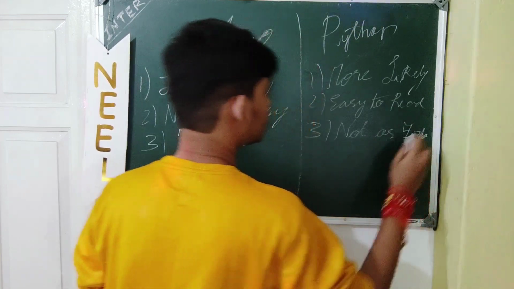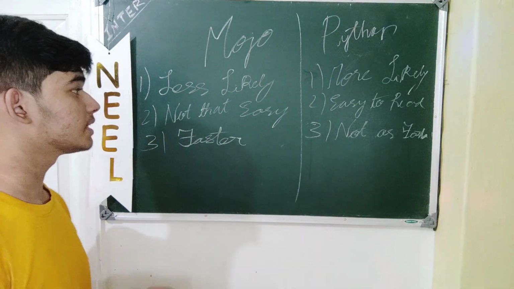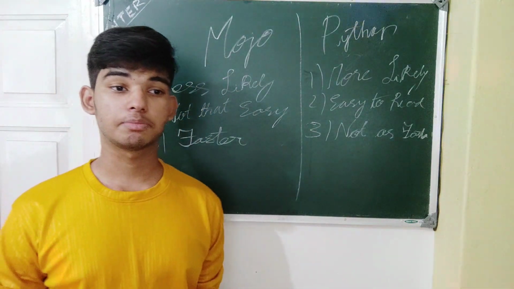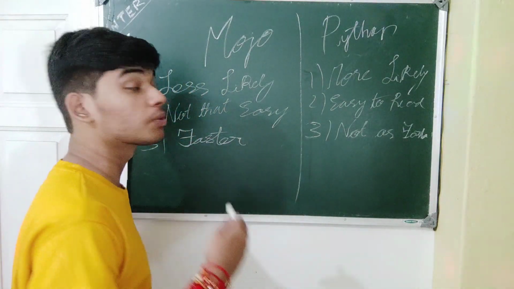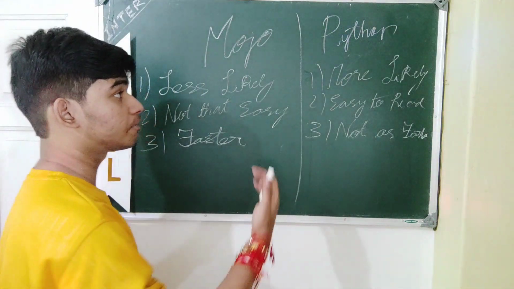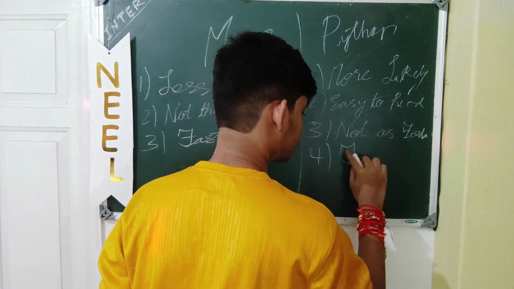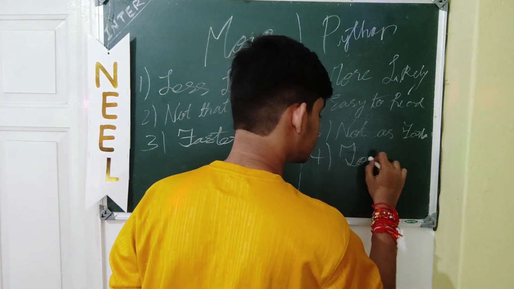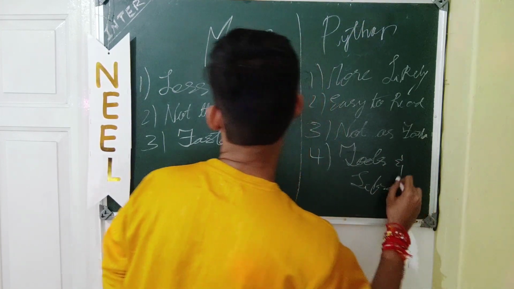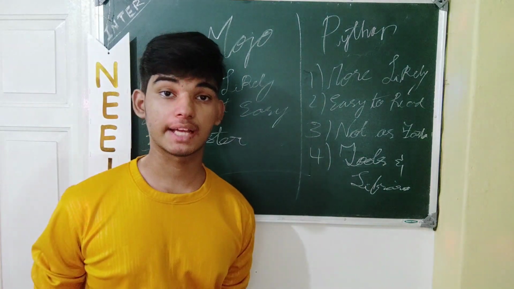But that doesn't mean that Python doesn't have any advantages compared to Mojo. Since Mojo is a newly developed programming language, it doesn't have that amount of tools and libraries to help it in the long run. Even though Mojo has a growing community, it does not have the amount of support for tools and libraries that Python has, which gives Python a larger number of tools and libraries, while Mojo doesn't have that many, at least for now.